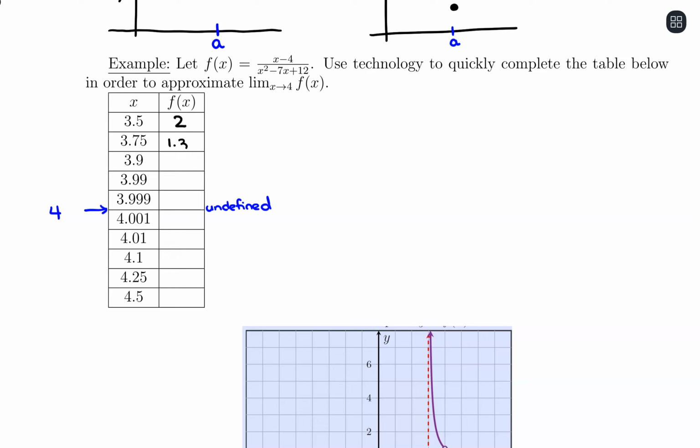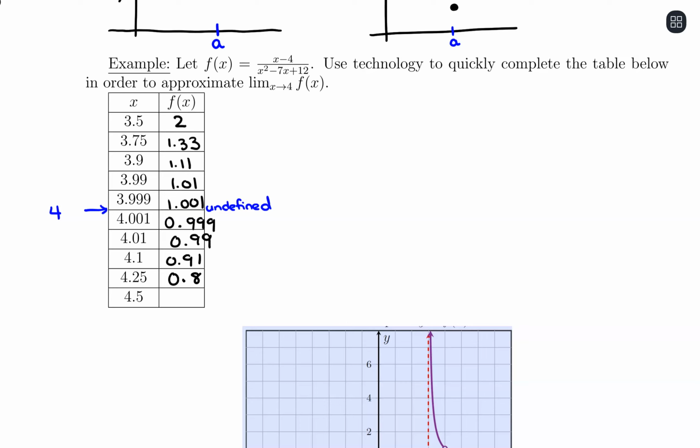3.75, we had a 1.33, 1.11, 1.01, 1.001. So as we were approaching from the left-hand side, we're getting closer and closer to 1. And then if we get to where X is 4.001, there will be 0.999. Here we have 0.99, 0.91. So we're getting further away from our y equals 1 here, but the idea of approaching from the right-hand